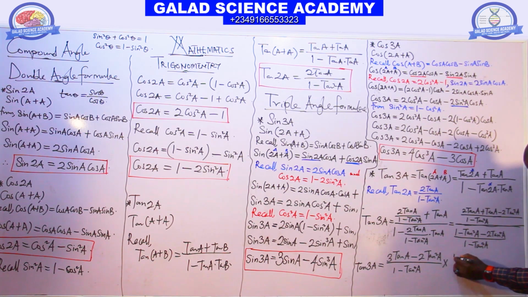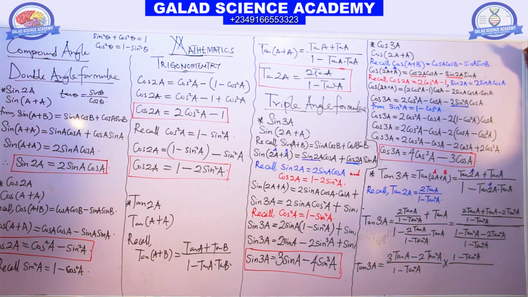This one will come up. You have 1 minus tan square A, everything over